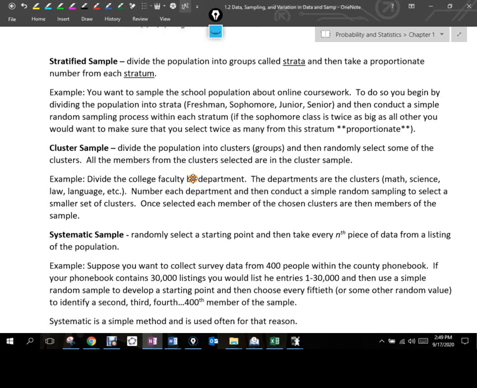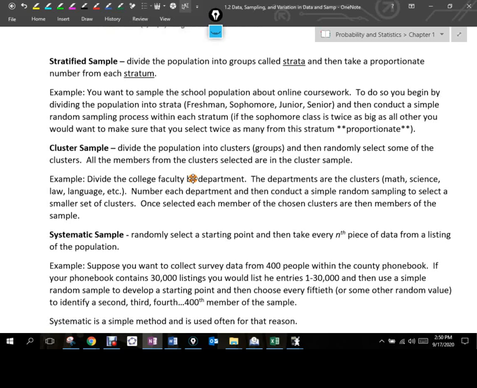So the sophomores, because they dominate the population, they better almost dominate my sample, right? They need to be represented proportionally in there. So that's what happens: you divide up into the strata and then sample out of them. So if I go freshman, I'm going to do a simple random sample out of the freshmen. Then we'll do a simple random sample out of the sophomores, a simple random sample out of the juniors, and then the seniors, and that creates my overall sample. Does that make sense? So that's stratified, okay?